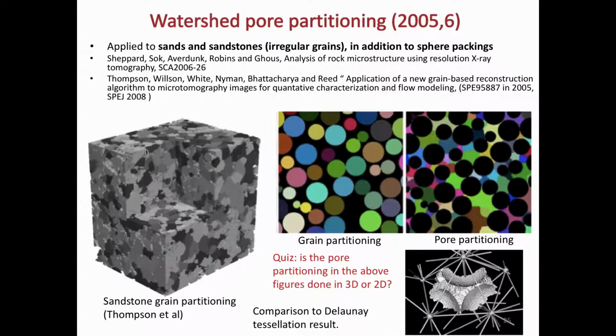And basically, you can do the grain partitioning. This is an example from sandstone from Karsten Thompson. Karsten Thompson is former advisor of Dr. Balhoff. So if you're working with Dr. Balhoff, this would be your academic grandfather at LSU. So he's not that old, but